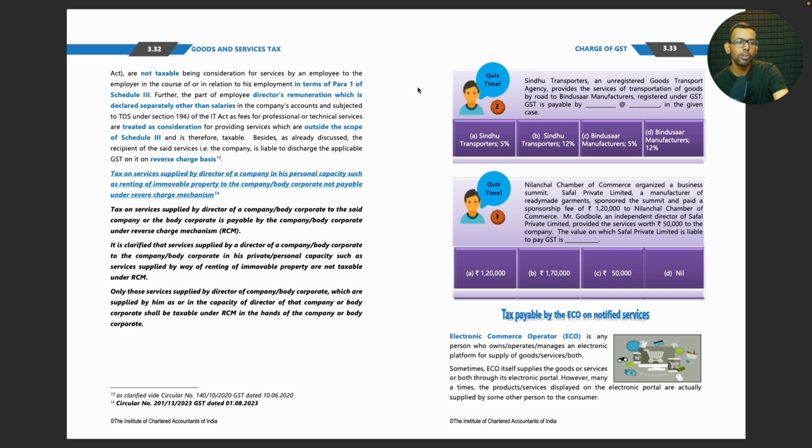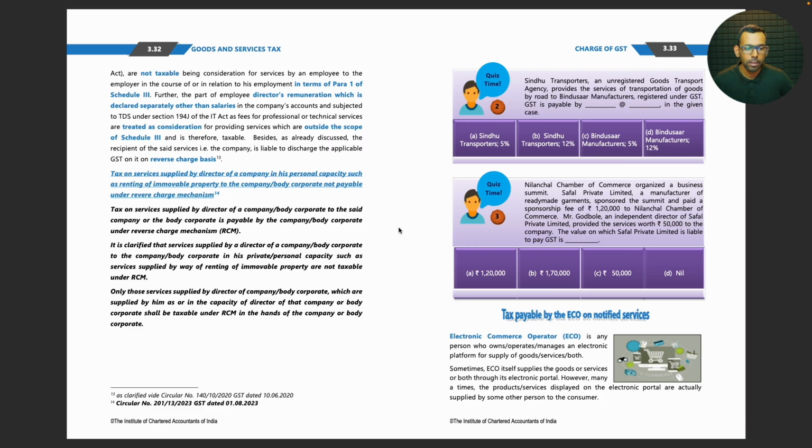So you can also decide how the TDS is made. If the TDS is made through section 192 of the Income Tax Act, then it is under employment, therefore no supply. If it is deducted as per 194J, then it is professional fees, so you work like a consultant and there is no employment relationship.